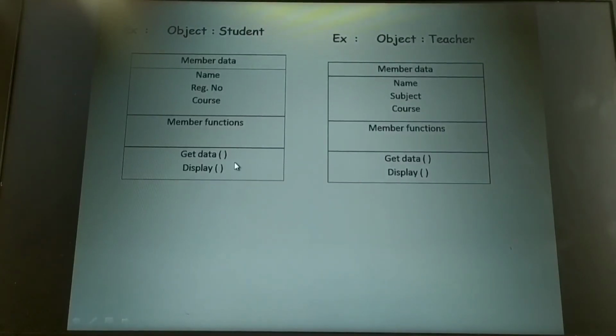Okay. Now each object is being identified by a unique name. It might be a car, pen, student, teacher, person, or shapes. Shape is also an object. Any real-time entity that has its own characteristics and behavior, I can call it an object, and each object will be identified by its unique name, and every object must be a member of a particular class.